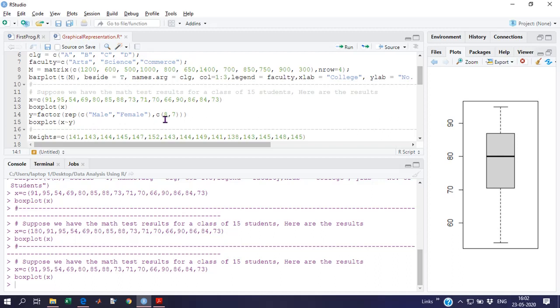Then to compare both, we can use the rep command and factor. Now y is the gender for all those values whose x we already have in a vector x. Now the box plot can be drawn by x tilde y. That is the grouping variable. See what happens here.